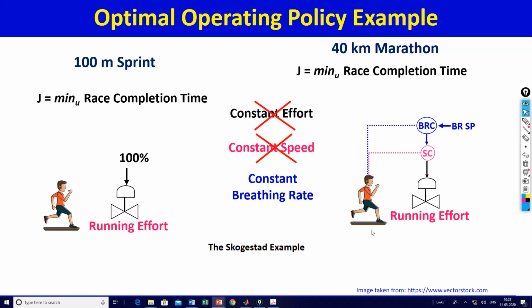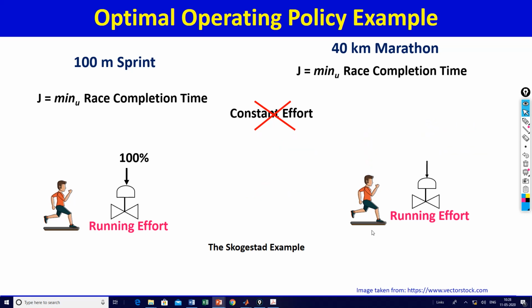So you see, what you control corresponding to the unconstrained degree of freedom makes a dramatic difference in how close or far you are from the optimum. Constant effort, lousy policy.